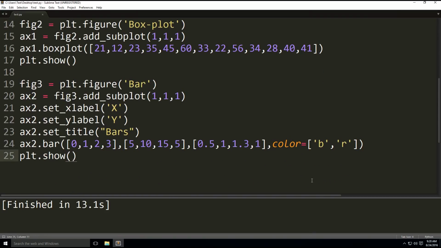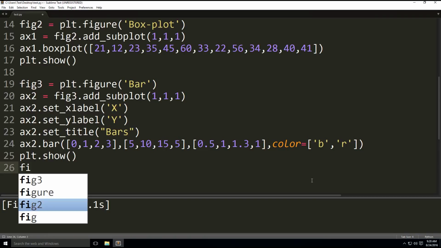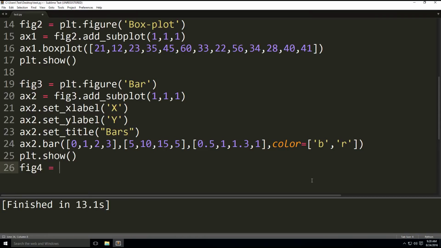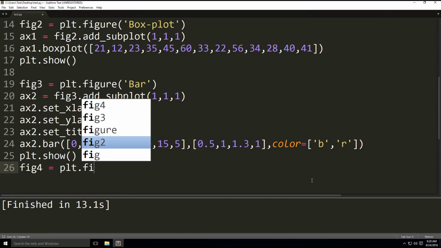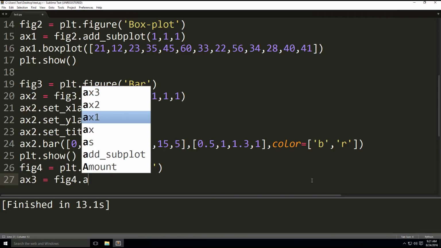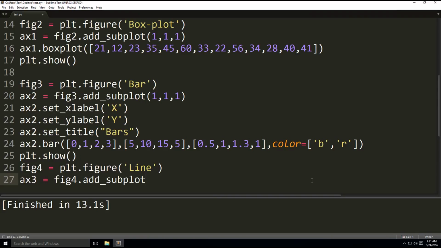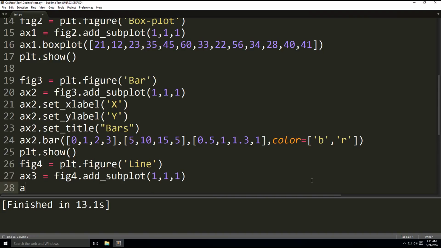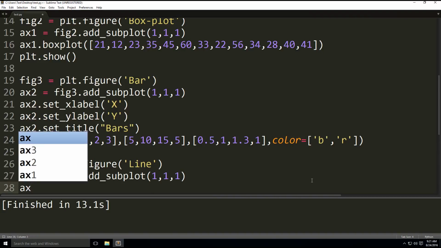So let's do that. So fig 4 equals plt.figure, and this time it's going to be Line, capital L, and then say ax3 now equals fig 4 dot add subplot. We're doing the same thing here, so we define what kind of figure it is, then we add the subplot, and then here we're going to have the range x and y axes,